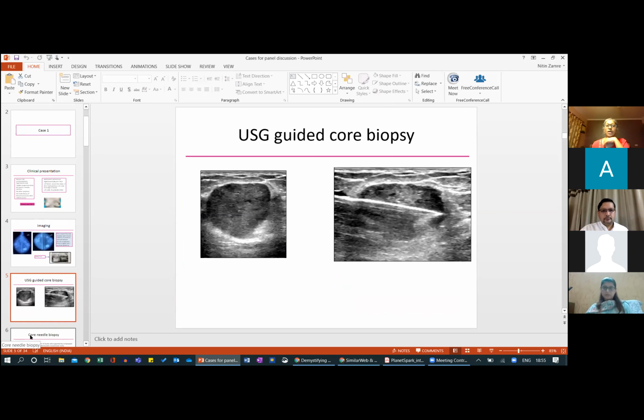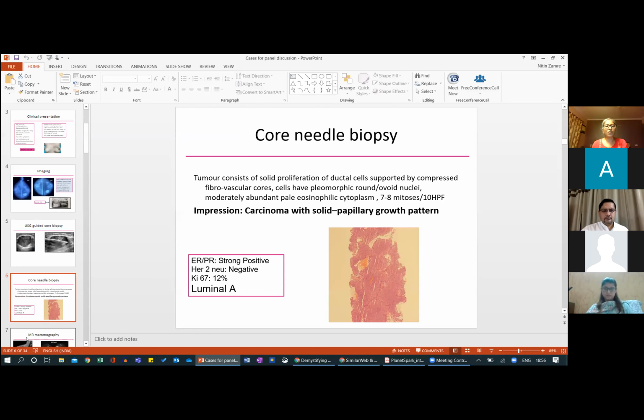And we would like to go ahead with further diagnosis and go for a core biopsy. Right. Now you can see this is the ultrasound picture from our hospital, and you can see the margins, the irregularity at certain points more clearly than the previous ultrasound. And obviously, as Dr. Ritu has clearly pointed out, she was advised a core needle biopsy. Ultrasound guided core needle biopsy was carried out, and this is what has been reported. It was reported as carcinoma with solid papillary growth pattern. And this was her immunohistochemistry profile.